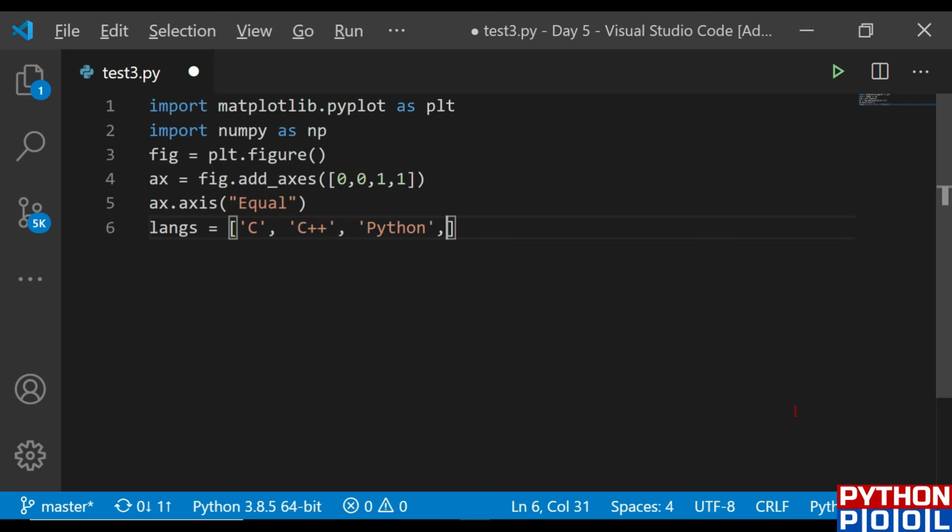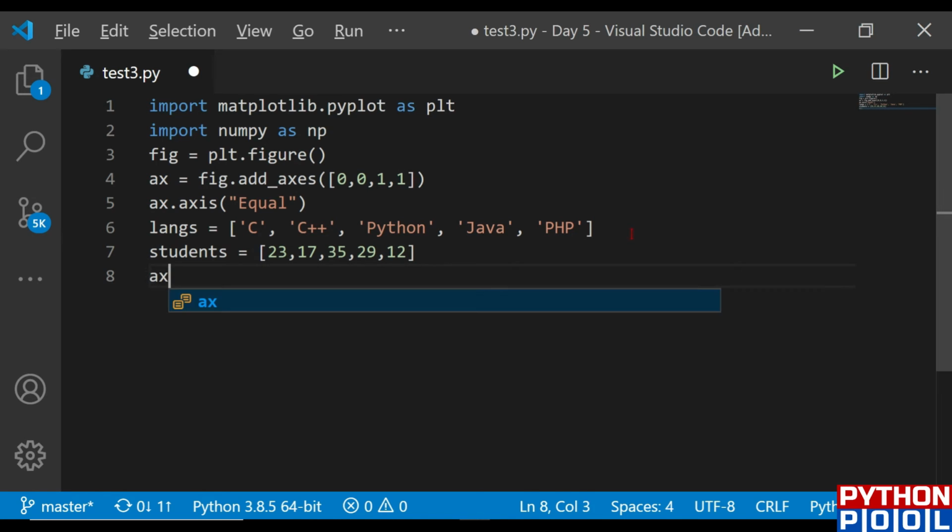After that, Java is also a great language, and let's consider PHP. Okay, these 5 languages I'm going to define today. And now let me define the students array. So how many students like which language? Let's see, for C it is 23 students, then 17 for C++, then 35 for Python, 29 for Java, and 12 for PHP.